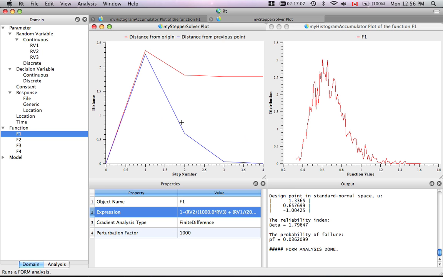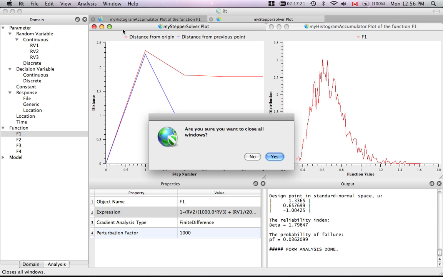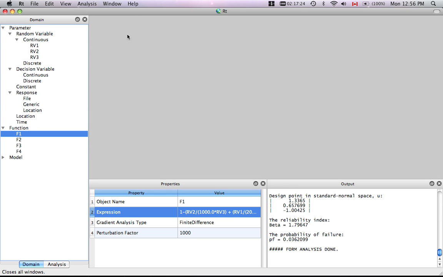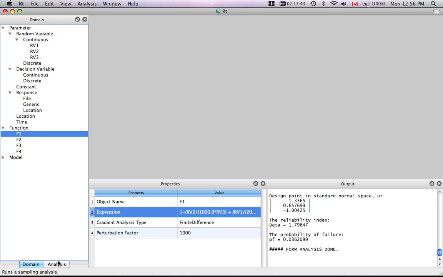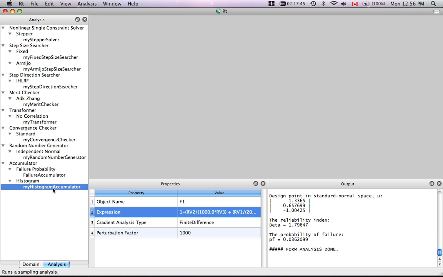The next thing I'm going to do is to run a sampling analysis to try to verify the accuracy of this failure probability, so the reliability index of about 1.8. Let me do that by first closing all the plot windows to make ready for the next plot that's going to appear. Then I go to analysis sampling again, but this time choosing a different type of accumulator, namely a different way of post-processing the samples. Actually, before I go ahead and do that, I want to make a bit of a change in that failure accumulator. So I'm going to press cancel for now and go to the analysis part of the objects pane and